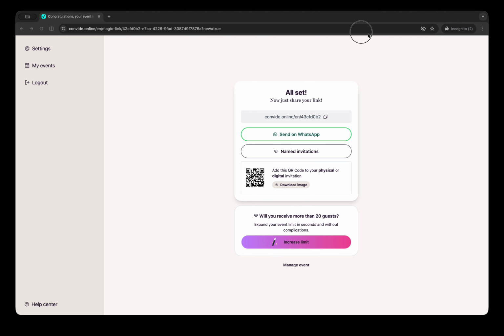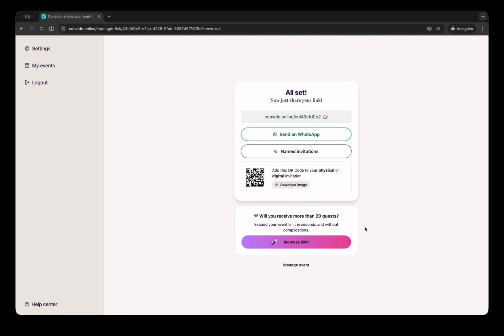Your guest will probably open it on a mobile phone, and all they need to do is provide their name, for example Diogo Machado, and here they can add, for example, companions, Catherine B, and click here to confirm the attendance. That's all your guests need to do to confirm their presence at your event.